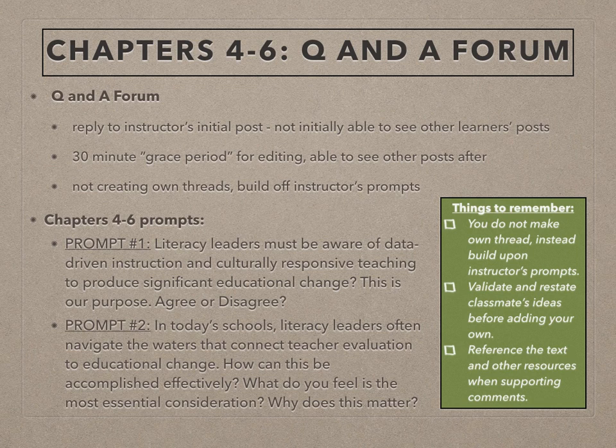You will be expected to reply to 2 other learners for each different prompt. So for prompt 1, you will have an answer and then 2 replies, and then prompt 2, you will have your answer and then reply to 2 other learners in that as well. The grade for this forum will be doubled due to the depth of thinking involved, and the 2 separate threads you will be responding to will be scored half. So 50 points, 25 for prompt number 1, 25 for prompt number 2.